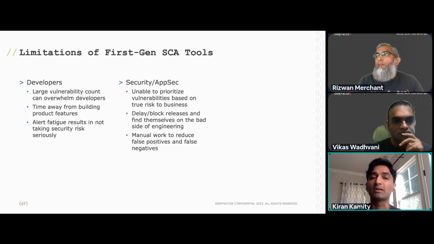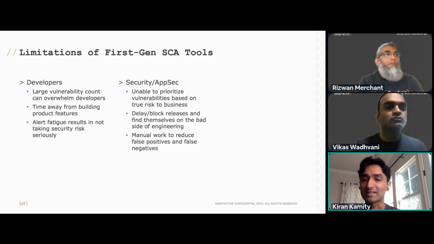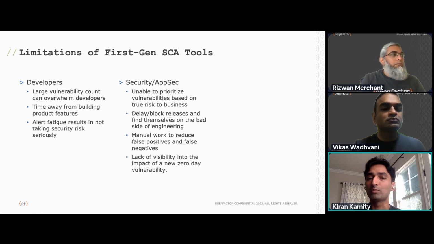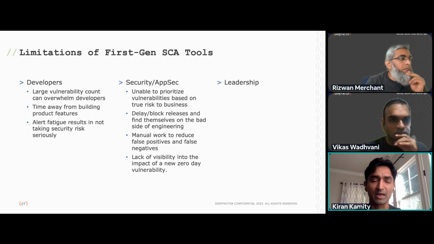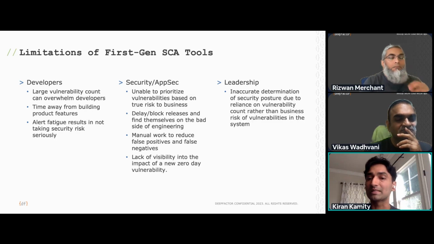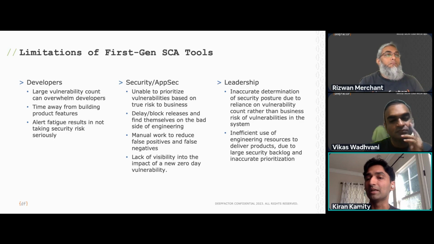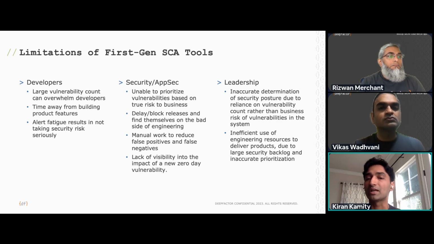AppSec teams therefore end up being blamed for blocking releases because they give developers a whole bunch of vulnerabilities to fix and prioritize based on high severity. And guess what? A lot of the vulnerabilities that are reported have high severities. I believe the stat is close to 50% of vulnerabilities have crits and highs, essentially. So that means you are flooding your dev teams with alerts that may not truly be representing a risk to your business. And that leads to leadership teams inaccurately determining the security posture of the application by simply relying on CVE scores, and inefficiently using their engineering resources by having them fix all of these vulnerabilities,